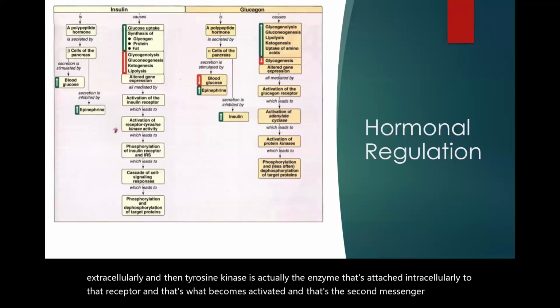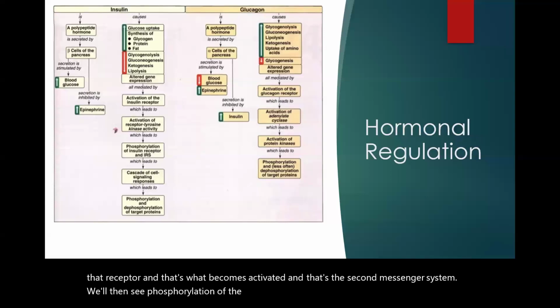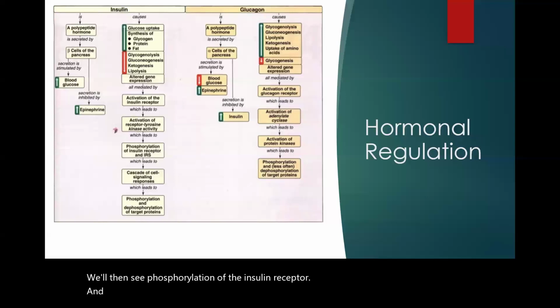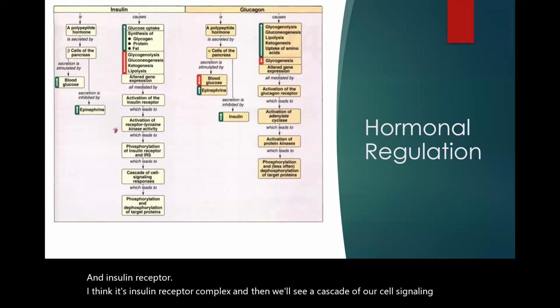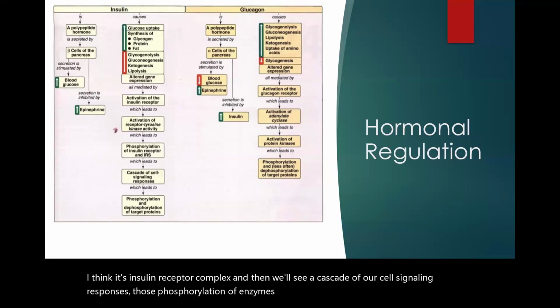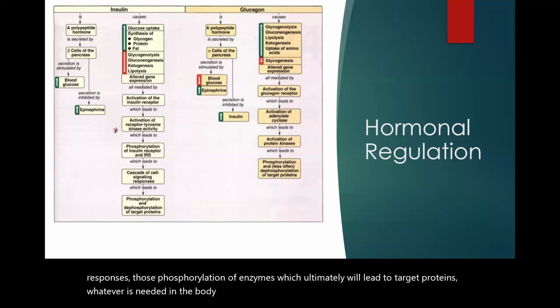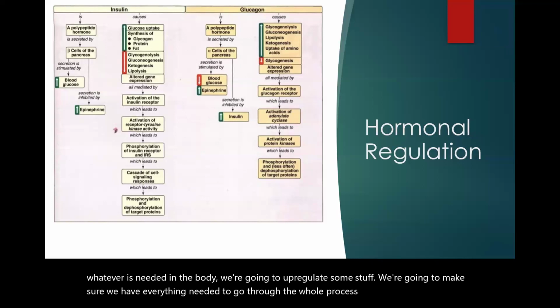We'll then see phosphorylation of the insulin receptor complex, and then a cascade of cell signaling responses, those phosphorylations of enzymes, which ultimately lead to target proteins, whatever is needed in the body. We're going to upregulate some stuff. We're going to make sure we have everything needed to go through the whole process of glycolysis and aerobic respiration